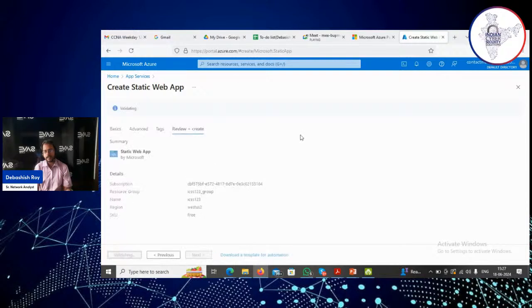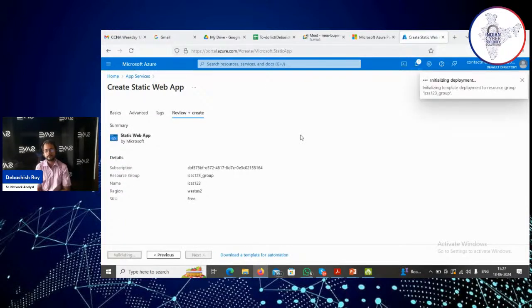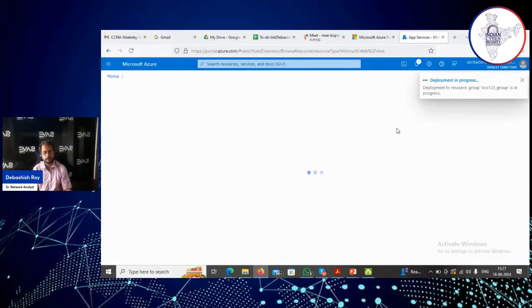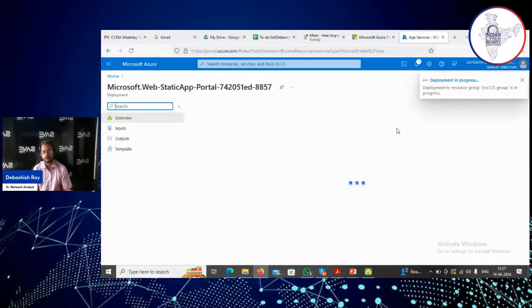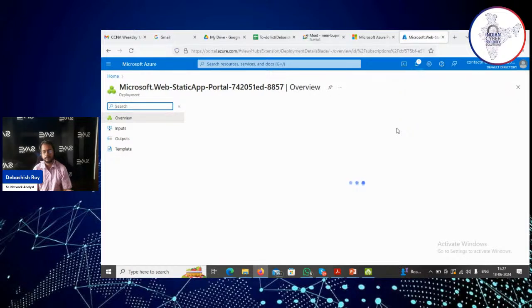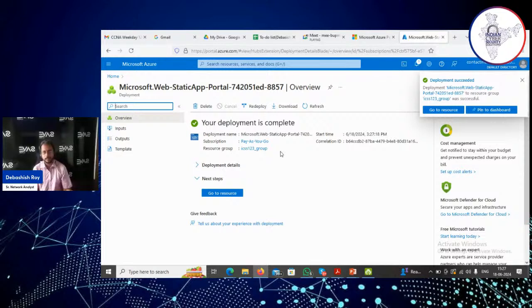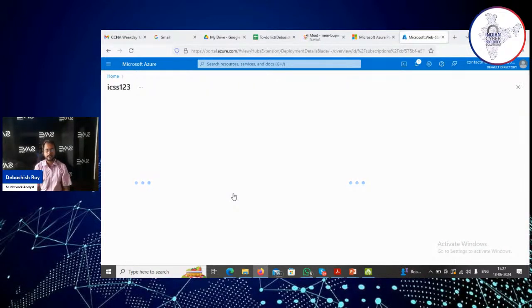So then you just click on create, and it's being created. Here you are. So that is, your deployment is complete, and you go to the resource.